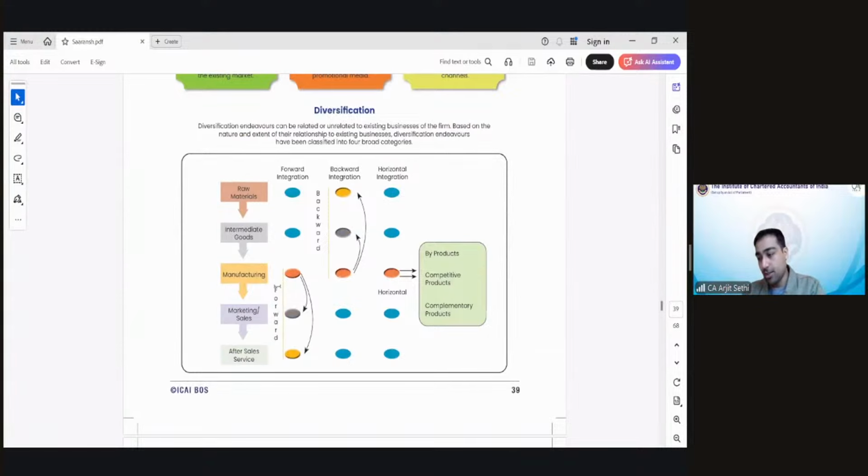Vertical integration, Mujahid, is when you break down your entire business into a couple of processes. So let's say you take up any business and you break it down into small processes. Some things you do before. So let's say my core business is making hand cream. For example, I make hand creams. Now my core product is hand cream. To make a hand cream, I need raw material, tubes, all the packaging, and all the raw materials to make that. Like I need glycerin, I need all the Ayurvedic things.